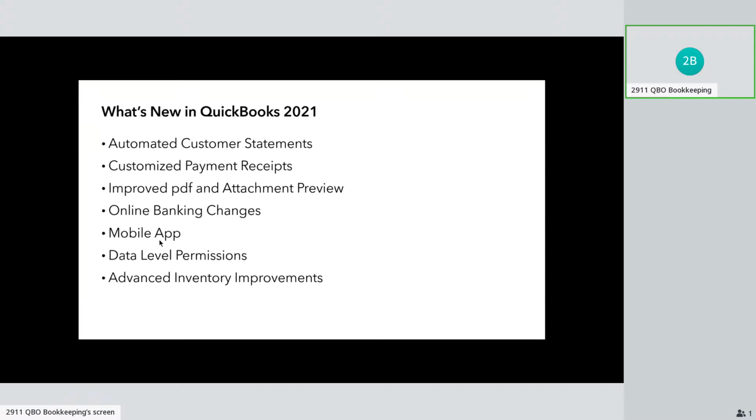I think it came out 2 months or so ago, whenever 2021 was released. For now, the mobile app, all it can do is record expenses. So if you have a receipt and you want to take a picture of that receipt and upload it to your company file, you can do it. And that's what that's going to be used for. Hopefully they'll expand it over time and add some more features, but that's good enough for a lot of people